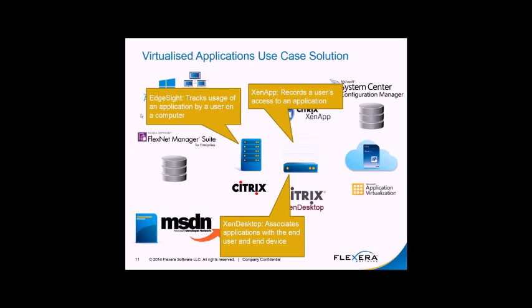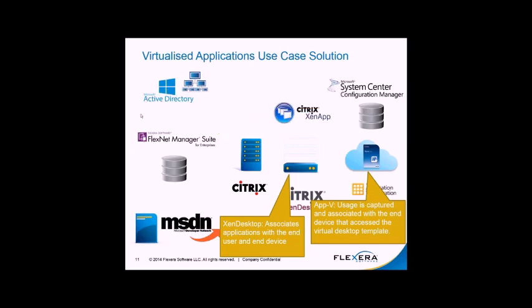And then XenDesktop actually associates the end user and the end device, if you like, with the actual desktop itself. So that gives us information about which desktops the users actually accessed as well. Okay. And then App-V gives us the actual usage, and again associates the application which is being streamed into the desktop with the actual desktop template and the end user device as well. Okay. So there's a number of systems that we need to pull in here,